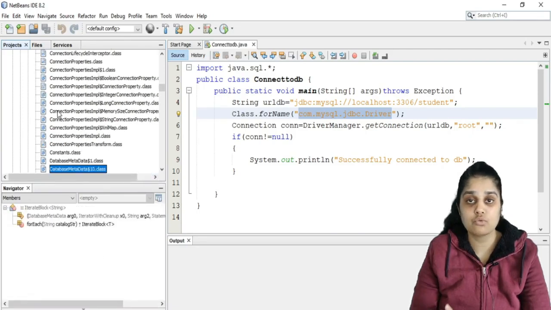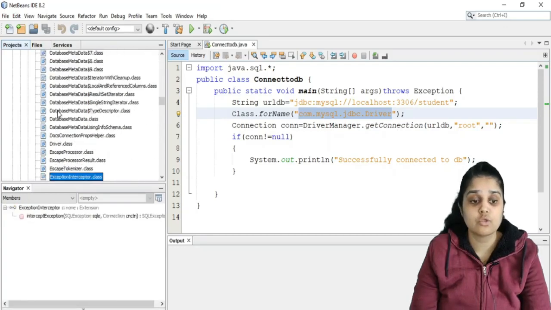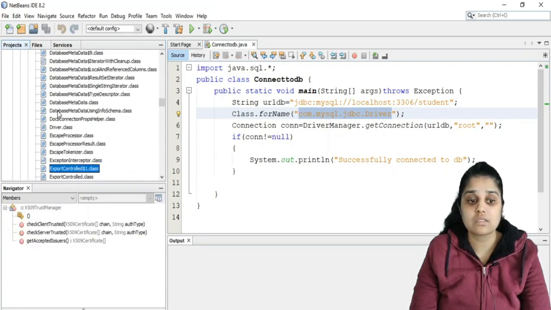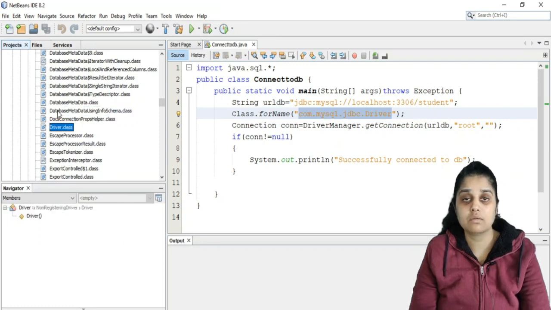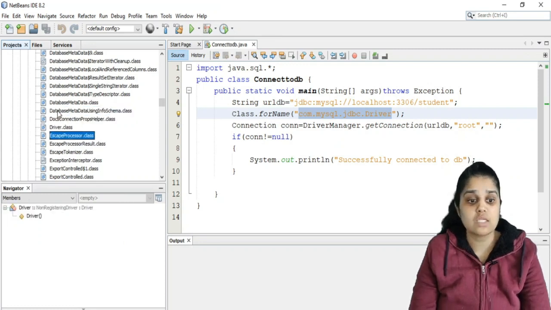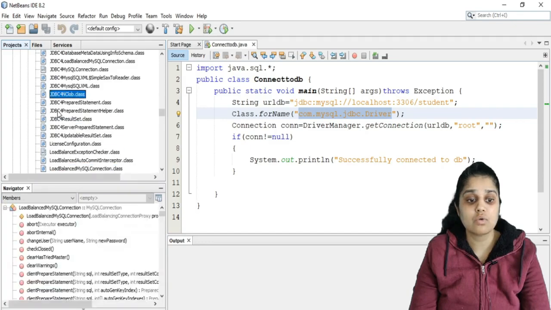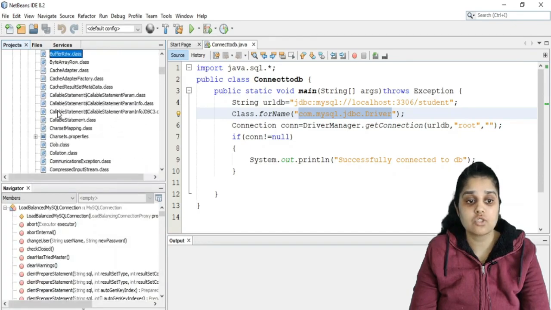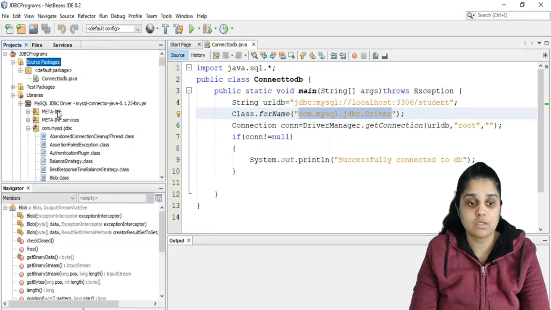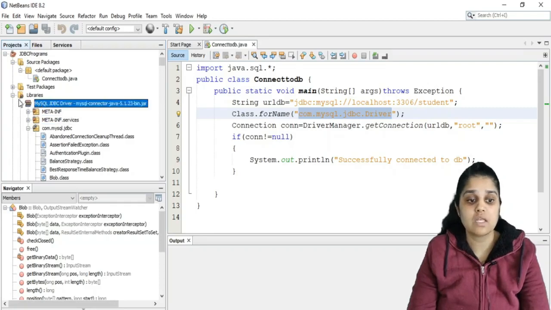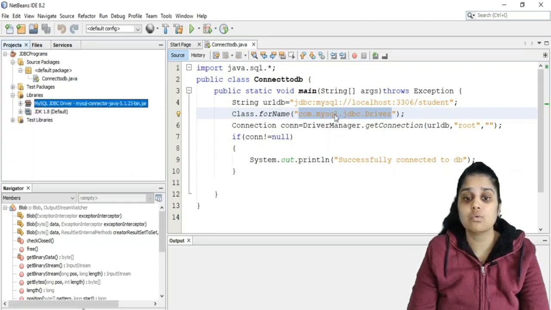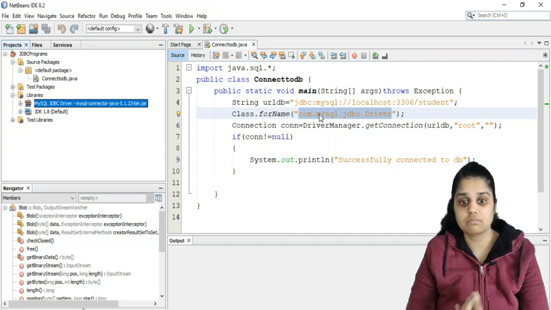It can help you to find your result sets and their metadata. So they can handle all these things. They can even help register your driver. So these are the various classes which are included in this particular package. So this file is very useful. Otherwise you will not be able to connect your Java application with MySQL.